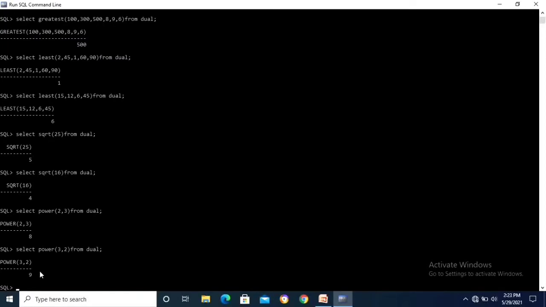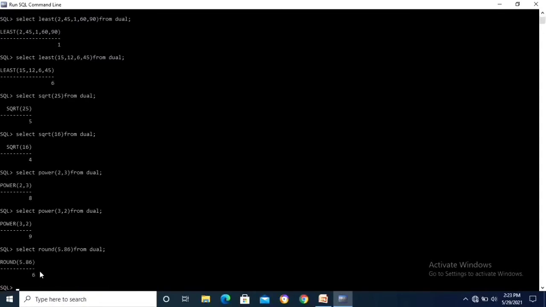Next, round function. Round function is used to round the value. So the command is select round of 5.86 from dual.